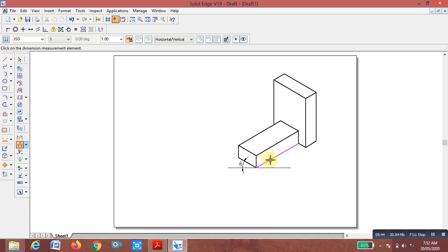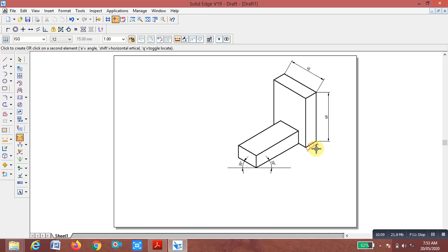Now we are going to show the dimensions. Go to smart dimension. What is the width of this, the height of this, the thickness of this, and what is the width of this.